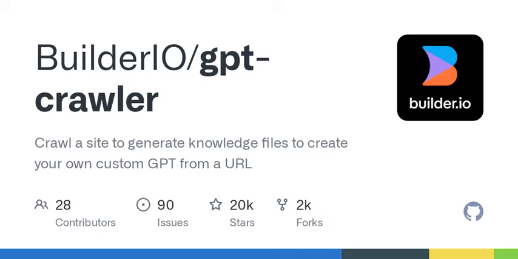To summarize, today we explored how to create custom GPT models using web crawlers to gather valuable information from documentation like Builder.io's. We discussed the configuration process, the potential it holds for businesses, and the thrill of building your own